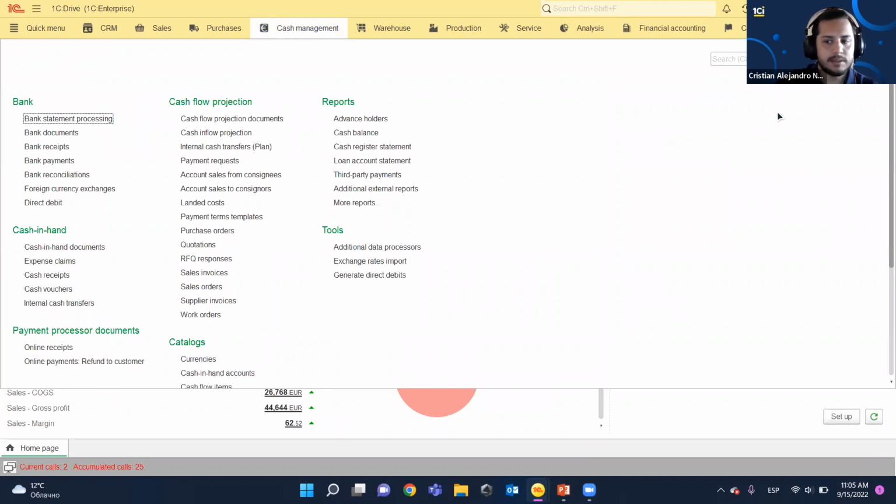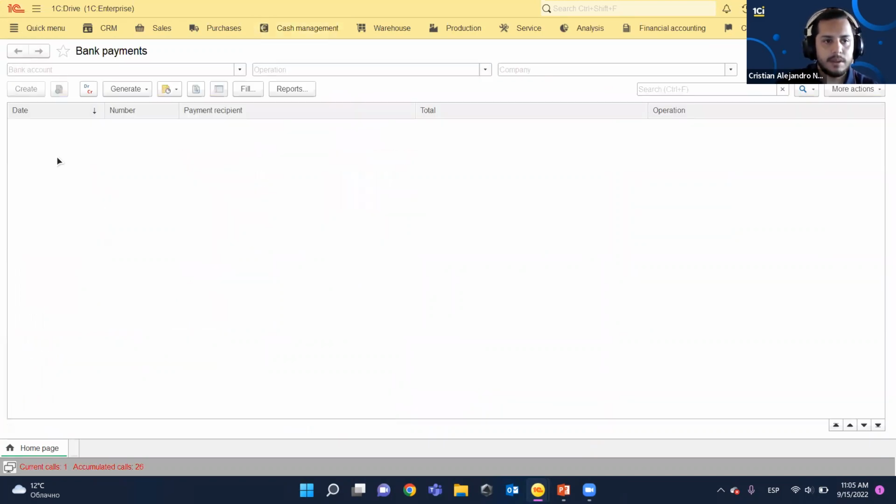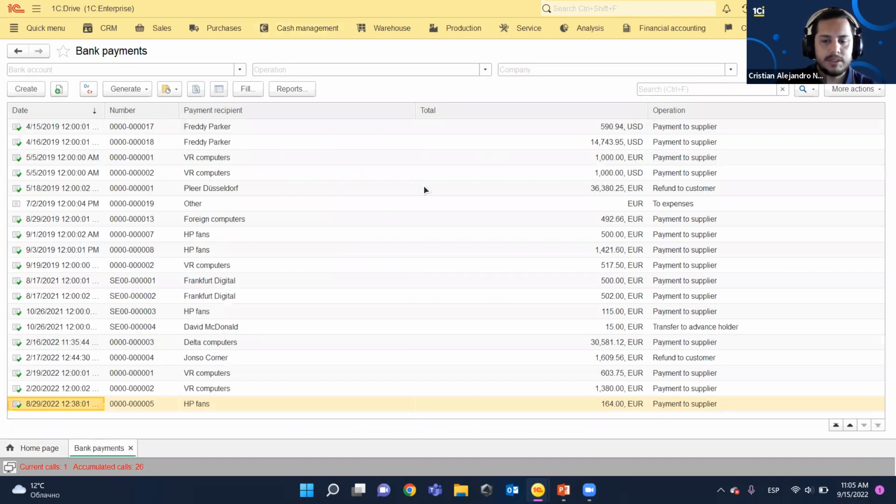We will select the bank payments document, and ahead of the presentation, I already created a document for this example, but just to try, let's